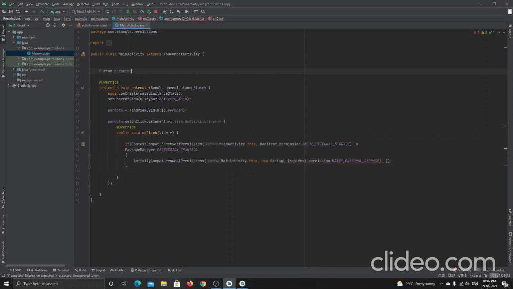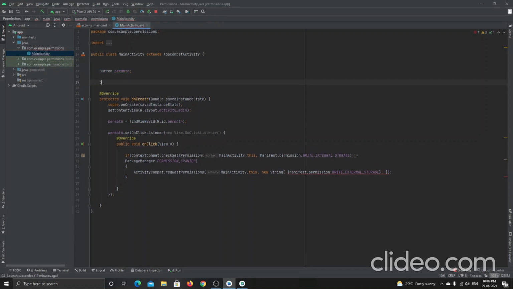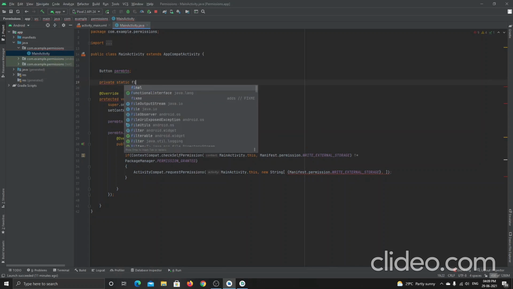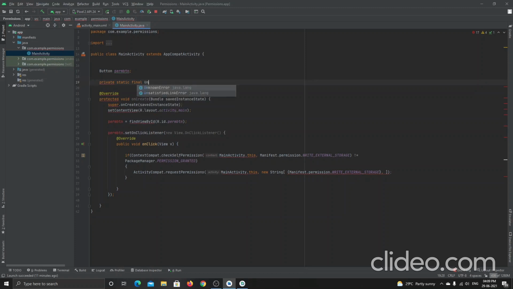Before that, I will initialize the unique request code: private static final int UNIQUE_REQUEST_CODE.